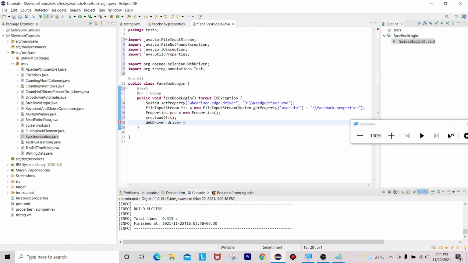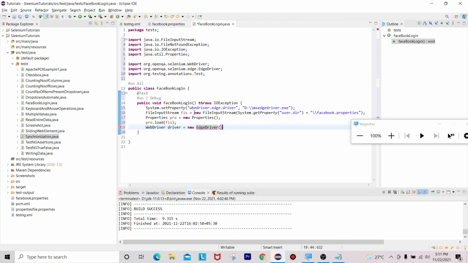WebDriver driver equals new, what is my current browser here? I am using Edge driver, right? So for that reason I am using new EdgeDriver. If you are using Mozilla, you can call new FirefoxDriver. If you are using Chrome, you can mention new ChromeDriver also. So once that is done, call this driver reference,